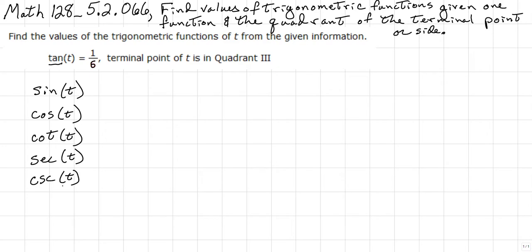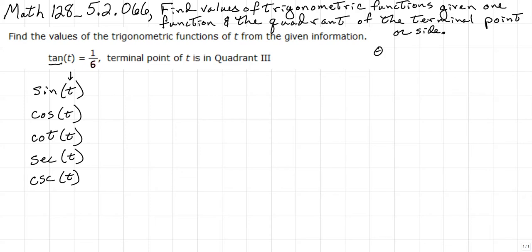Now, depending upon the textbook you're using and the way the problems might be set up, instead of using t, they might use angle theta. And you can use A or B or alpha, beta, whatever. Doesn't really matter. What we're understanding is that this value inside the parentheses represents an angle. Now, we have to remember that there are relationships established for each of the 6 trigonometric functions based upon the